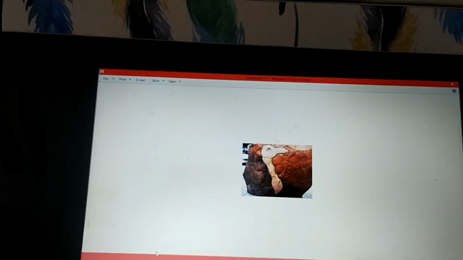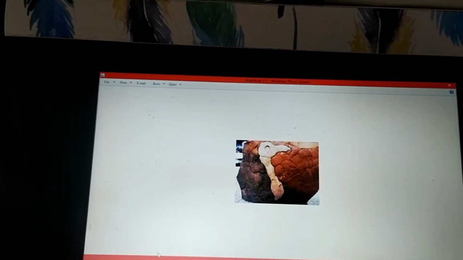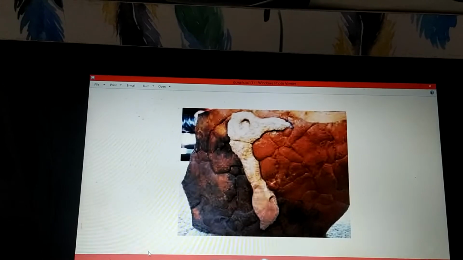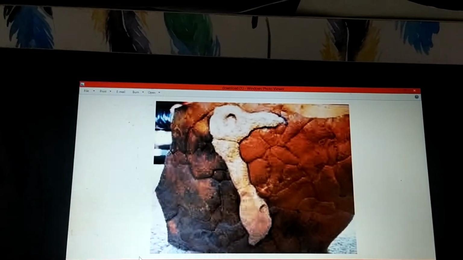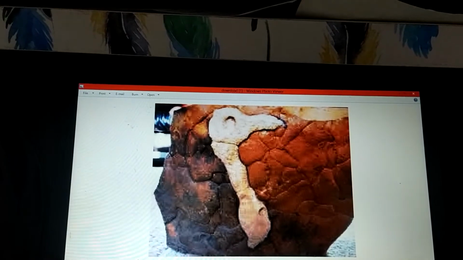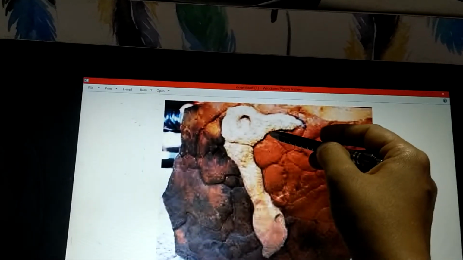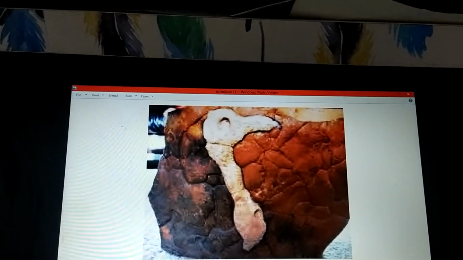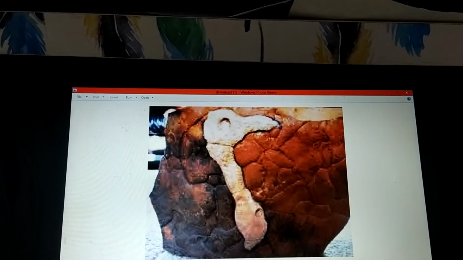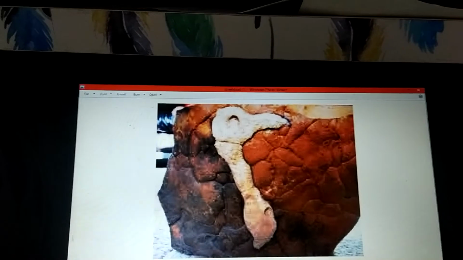In this part, we'll be discussing the next fossil, called a pseudofossil. This image is a very good example of a pseudofossil, where we can clearly make out an image of a bird. We have this beak followed by an eye and a slender neck. As we all know, the word pseudo means false. So this is a false fossil.